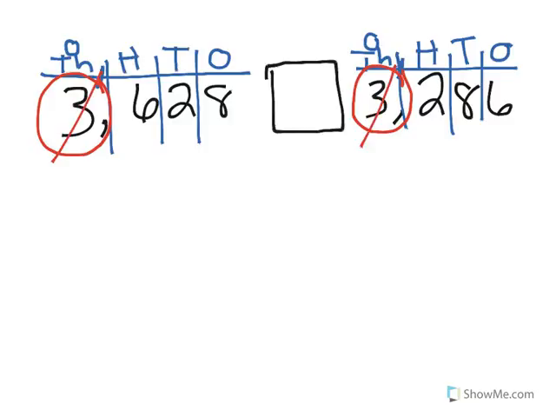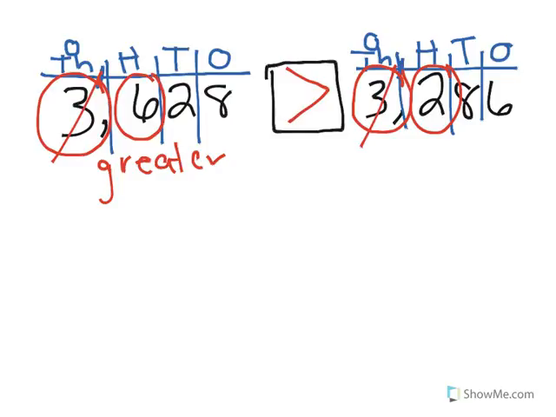So I'm going to cross this out and go to my next place value. My next place value is the hundreds. Here I have a 6. Here I have a 2. Now I can compare. I can tell here that the 6 is greater than the 2. Therefore, I'm going to use the symbol that represents greater than, because